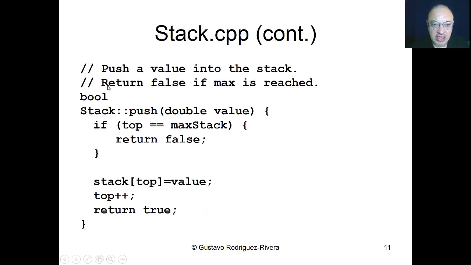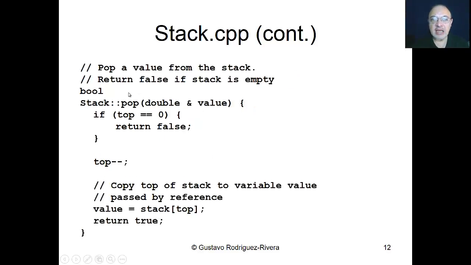Then we have the push method that is going to take the value that we will push to the stack, and then if top is equal to maxStack, means that the stack is full, so we just return false. Then stack[top], we assign the value into the top of the stack, and we increment the top and return true. And then for pop,